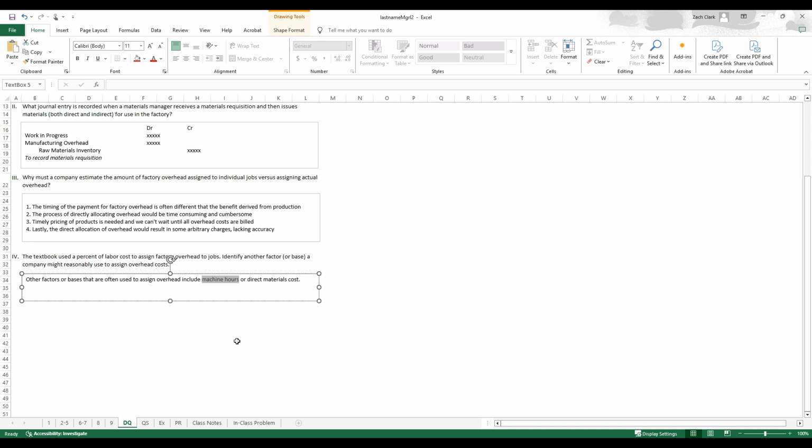So if we use this machine over here for 10 hours for this job, and then we used it for 30 hours for job number 2, then we would allocate a specific portion of that overhead, like we've been doing, not on dollars, but instead on the machine hours, basically, or direct materials costs. And I just thought of one